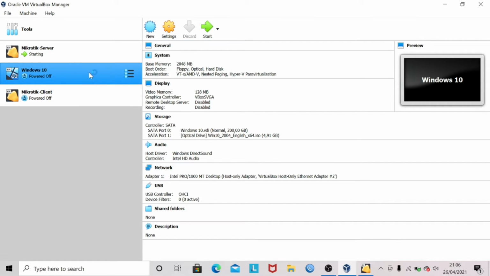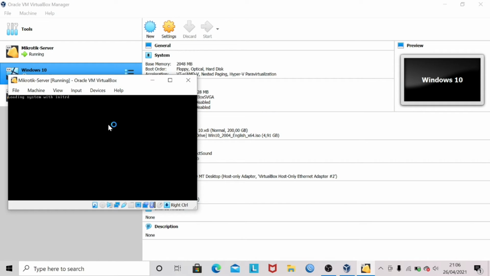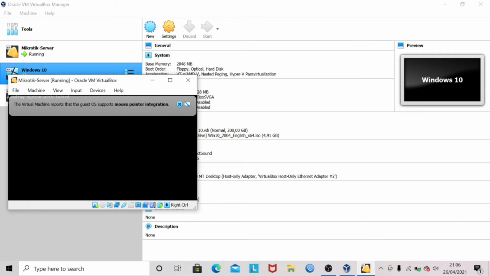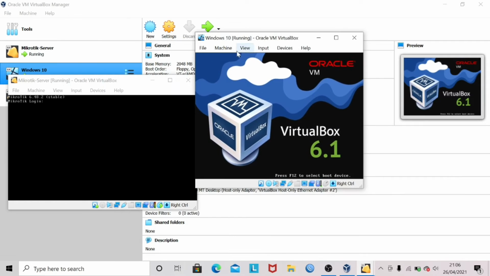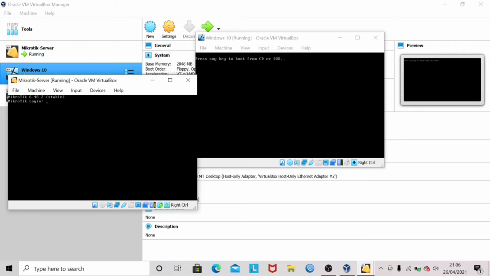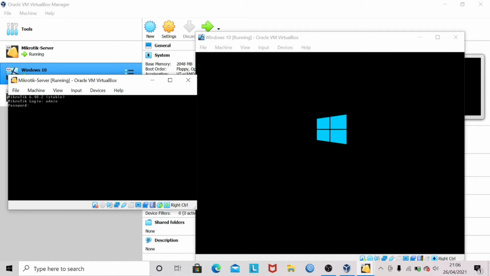Here I use Windows 10. Login with username admin, press enter.